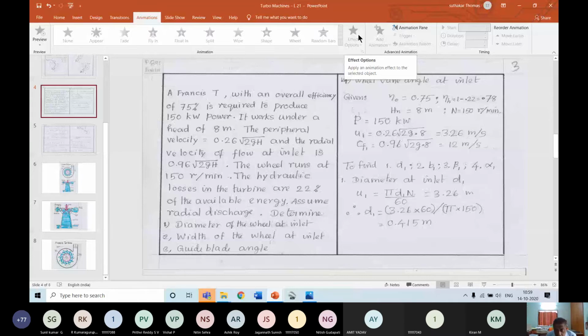Now, if the total specific work is GH, then this degree of reaction must be 1 minus the energy due to change in kinetic energy divided by GH. The energy transfer due to change in kinetic energy will be half of C1 square minus C2 square. So it should be 1 minus (C1 square minus C2 square) by 2, divided by GH.